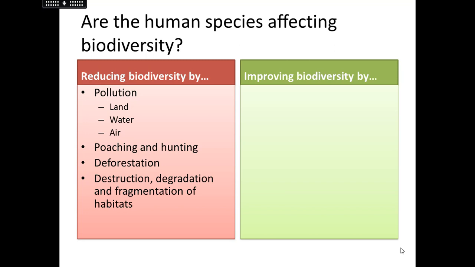We've got the destruction, degradation and fragmentation of habitats. So if you imagine you've got to build a road, and you obviously want roads to be as quick as possible from getting from A to B, you may need to go through a forest or through a particular sort of field, in which case you might be splitting up two different groups of species or two mating animals, and if they can't get to each other, then they won't be able to breed and numbers could decline. So you could think of it in quite simple terms like that.